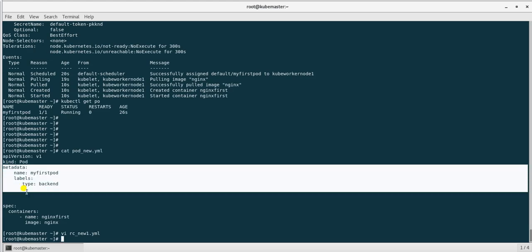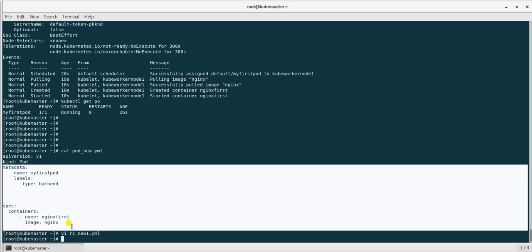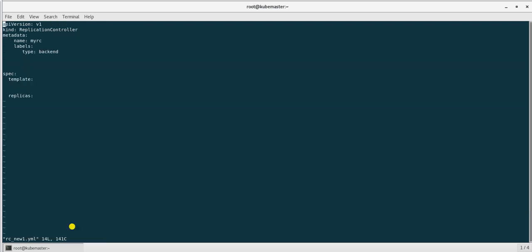So just copy this one and paste it under the template. Just align it. Metadata, labels, and the labels type, spec. This is the pod spec, so we need to align this.